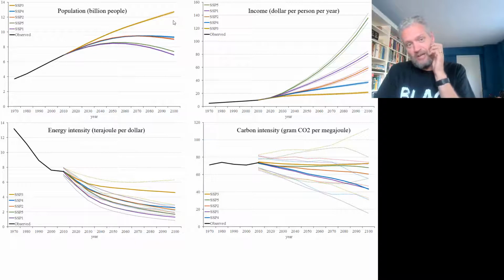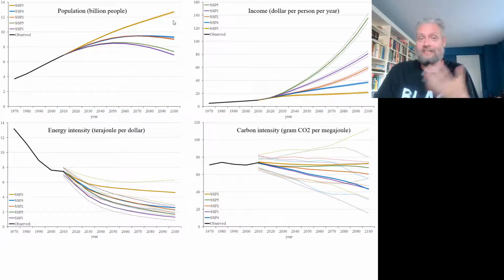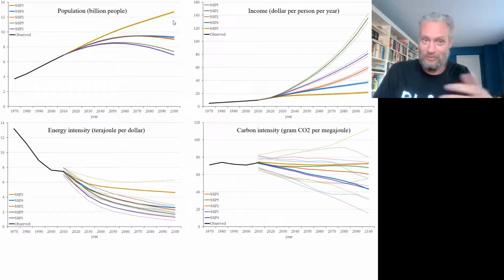Now you may wonder, how come projecting population is easy? Well, that's not true. The first question is, how many people are there currently on the planet? And many countries actually do not have a proper population register, so it's actually a bit unclear how many people there are on the planet now. There are some websites that will tell you to 9 significant digits how many people there are, but that's just a lie. We don't really know how many people there are currently.